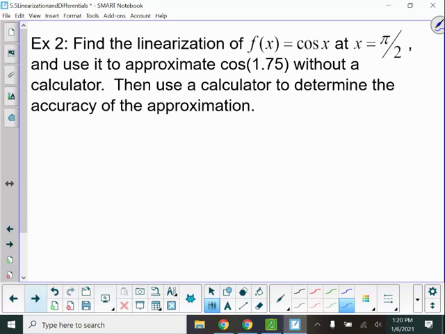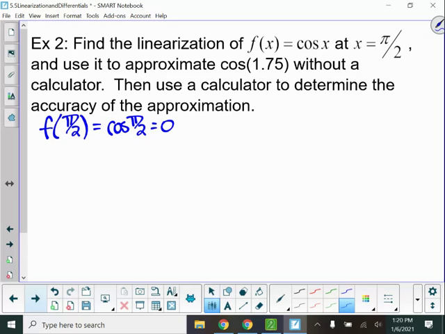Okay, so this one, we're finding the linearization of cosine of x at x equals pi over 2, and then we're going to approximate the cosine of 1.75 without a calculator. Then we're going to go back and use our calculator to determine the accuracy. So, first thing, we need to plug in the pi over 2 because it doesn't tell us what the y-coordinate is. So the cosine of pi over 2